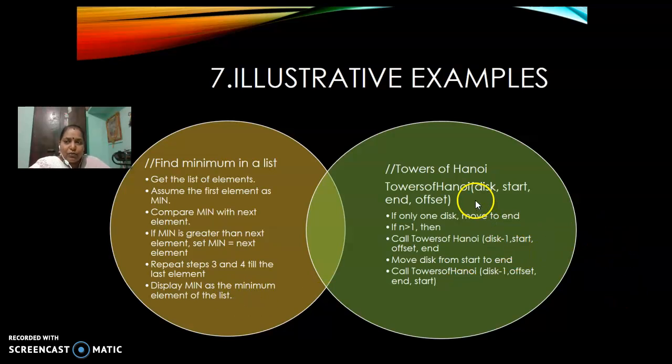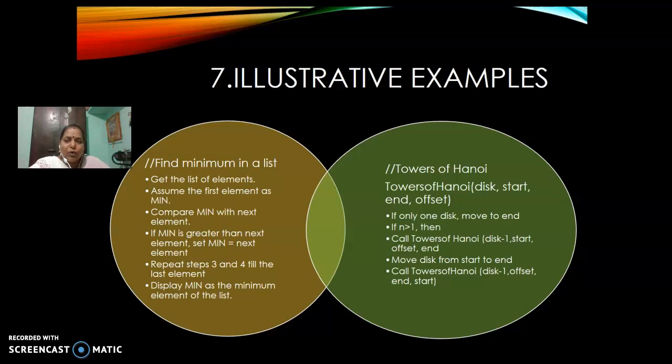Next is the Towers of Hanoi. Towers of Hanoi is a game in which you are given 3 pillars. One is the starting pillar, the next is the ending pillar, and the intermediate one is the offset pillar. You are given n number of discs, and you have to move all the discs from the starting pillar to the ending pillar under 2 conditions.